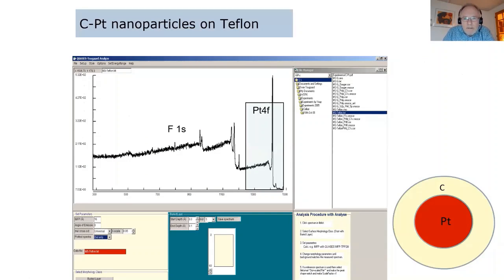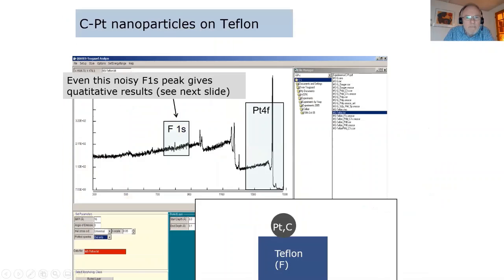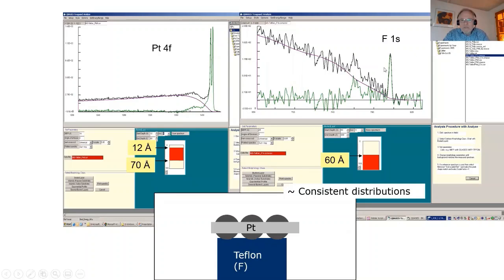There's another example where we again have the platinum 4F, and here the nanoparticles are on Teflon, therefore we have a fluorine peak. From the platinum 4F peak, we get roughly the structure again of the nanoparticle. If we now take the fluorine 1S to see how much information we can get out of that, we can again smooth the spectrum a little bit and analyze the fluorine 1S. It's very small, but you do get reasonable information out of it. So you see the correspondence here, the thicknesses determined from the fluorine and the platinum are